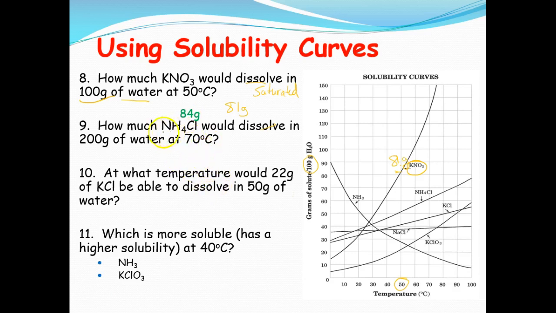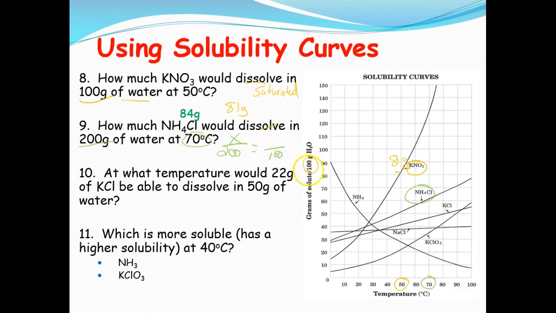Okay, so this next one: how much of NH4Cl will dissolve in 200 grams of water? Here's NH4Cl, and here is 200 grams of water. This chart only goes up to 100 grams of water, so I'm still going to find 70 degrees Celsius, but here we have to do a little bit of math. Or you can think, oh, it's doubled, so we're going to double it. But just in case we have something different, you would do 200, and we have an x up here, equals